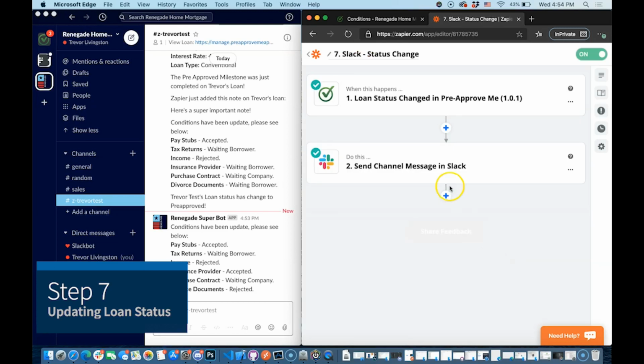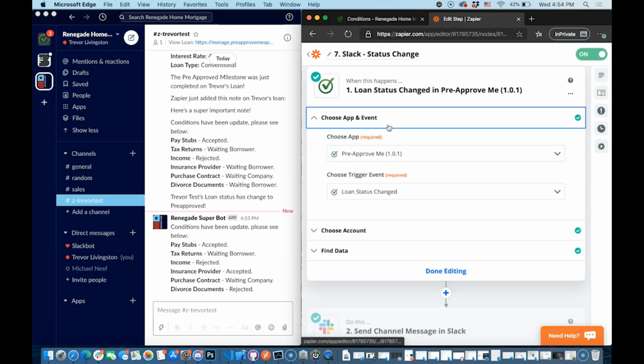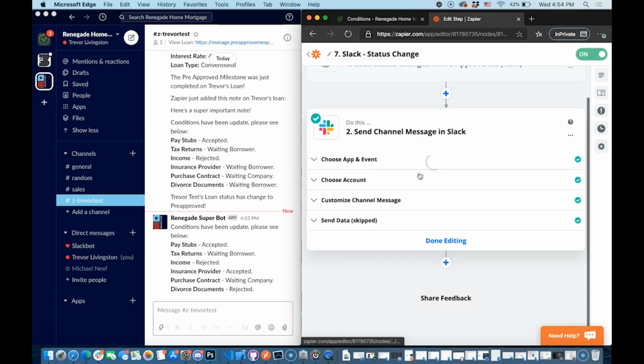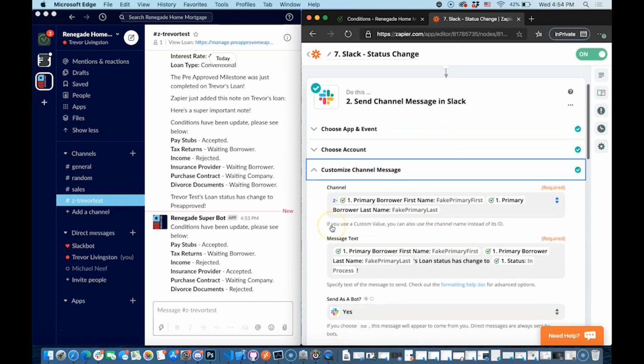So step 7 is status change. Now this one is again simpler because we're just doing the same thing we did before. We're going to say in pre-approve me when loan status is changed, then send a channel message in Slack. So we're going to go ahead and construct the channel name, and then we're going to construct the message text. I went in here and just said, primary borrower first name, primary borrower last name, loan status is changed to